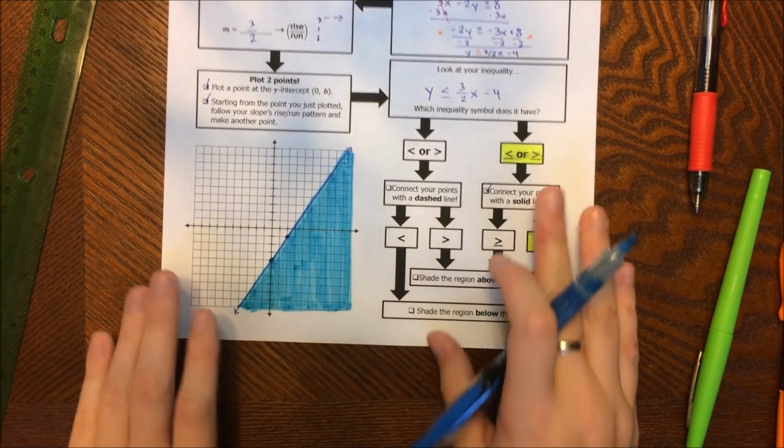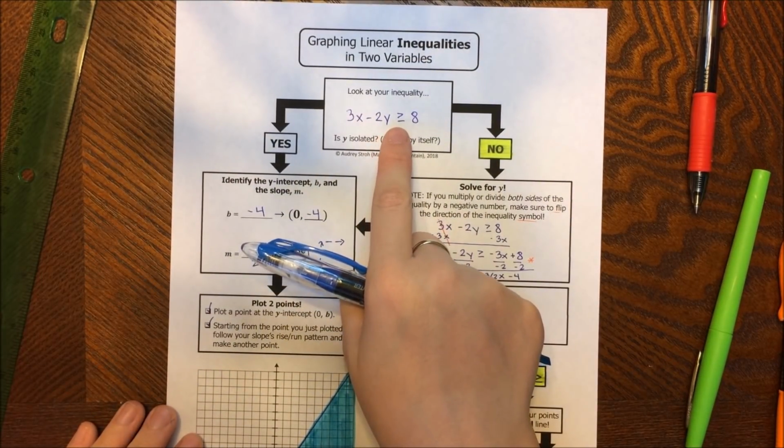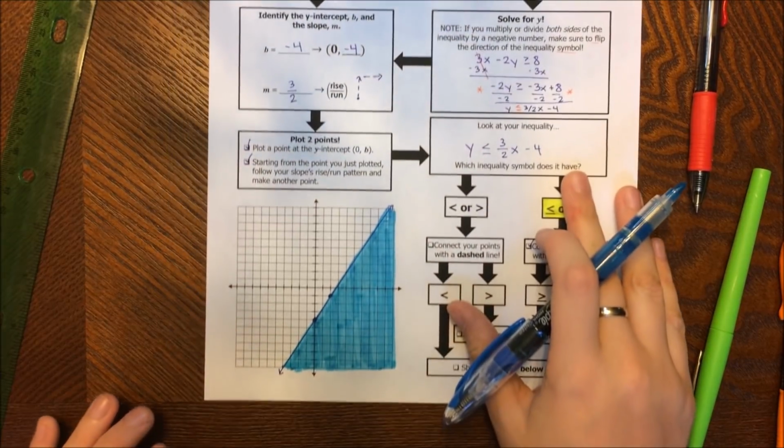All right, so there you have it. We started off graphing 3x take away 2y is greater than or equal to 8, and this gave us our